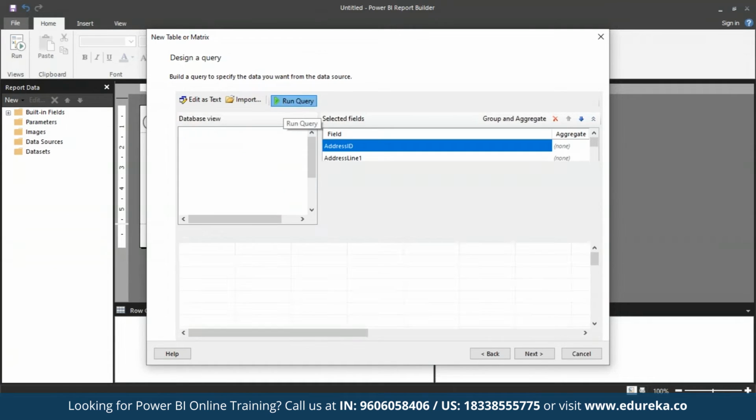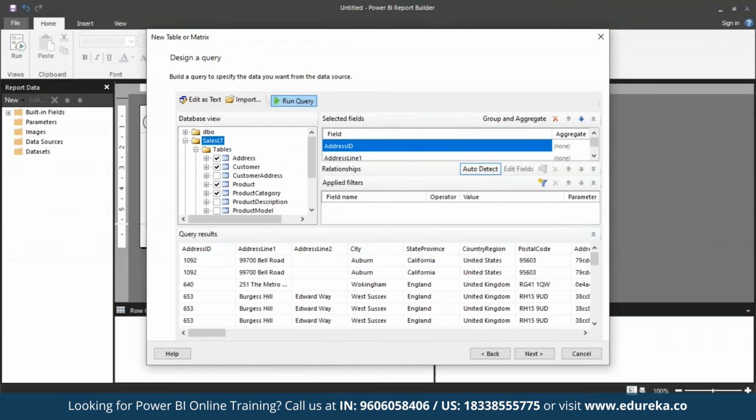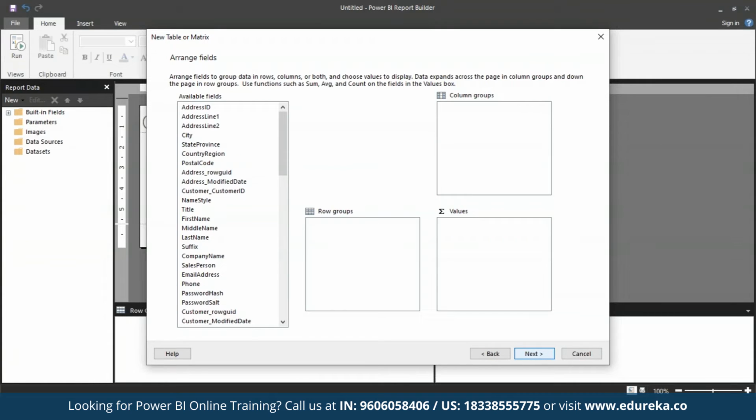We're going to go ahead and select run query, and then our report builder displays to us the query results. All the columns, and all the rows. Once we're done with this, we're going to go ahead and click next. Now this will directly lead you to the arrange fields page. For those of you who have older versions, you might be led to a choose a dataset page where you can go ahead and choose the dataset that you're working with and click on next. For those of you with the latest version as of May 2020, you will directly be met with this arrange